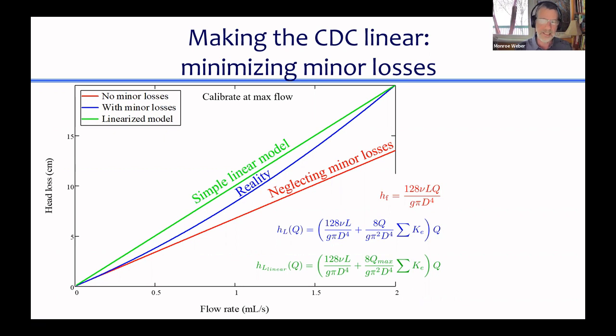And that's the green line equation, where instead of a quadratic q squared, we're holding the 1q constant. The 1q that's being held constant is where we're pretending that q max was always equal to the maximum q, and that equation overpredicts the head loss for the entire range, but it's close to reality,